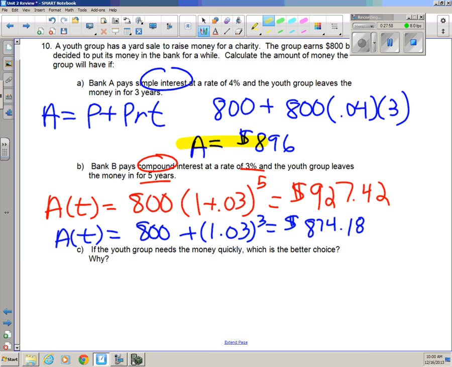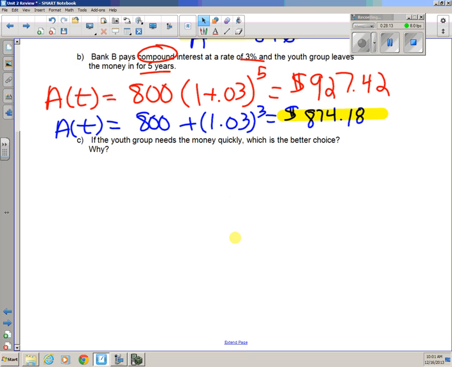So Bank A, you get $896 after 3 years. Bank B, you get $874.18 after 3 years. If they want the money quickly, I'm going to say they should be going for Bank A, because in that case, they're going to make more money in 3 years than they will at Bank B. So they should choose